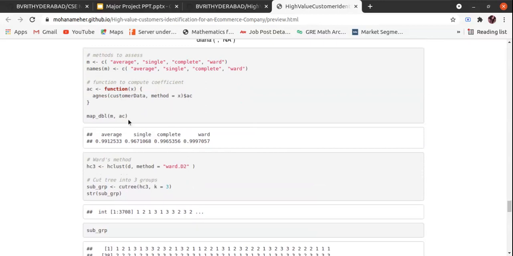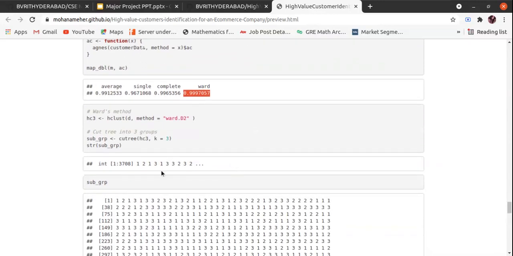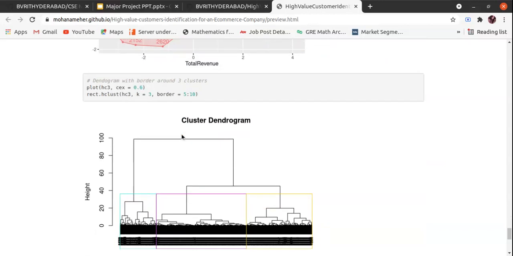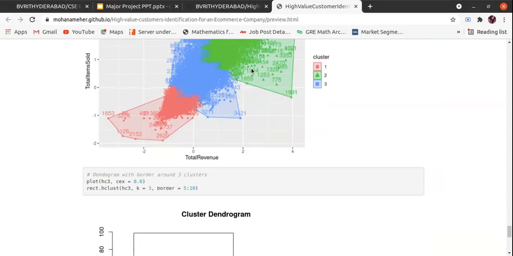This coefficient identifies strong clustering structures. The ward method is identified as the strongest clustering structure of the four methods assessed, because it is very close to one. If we cut the dendrogram at 3, then 700 customers are identified as highly valued.